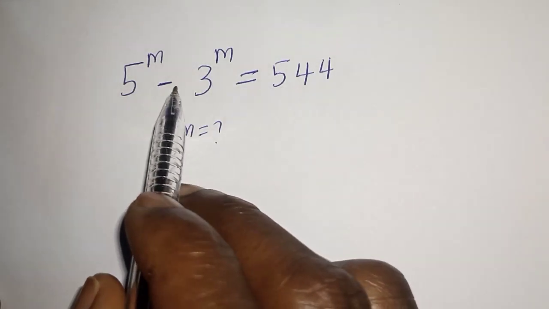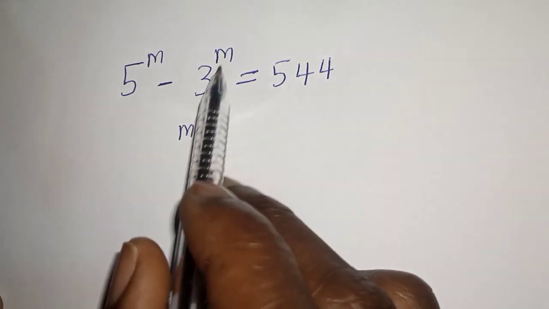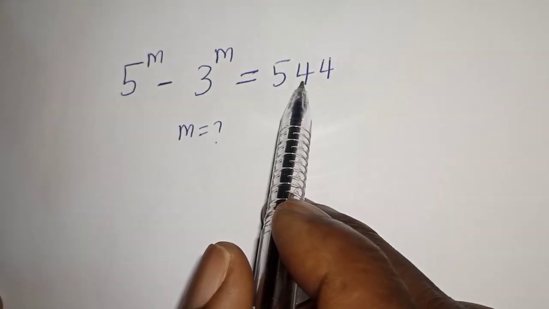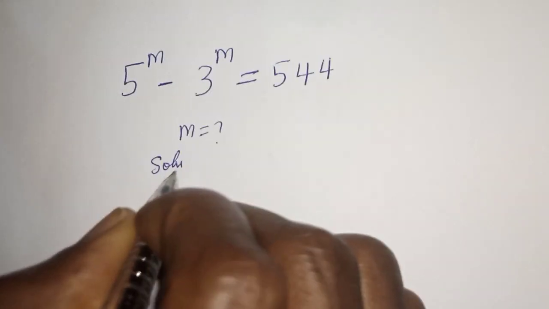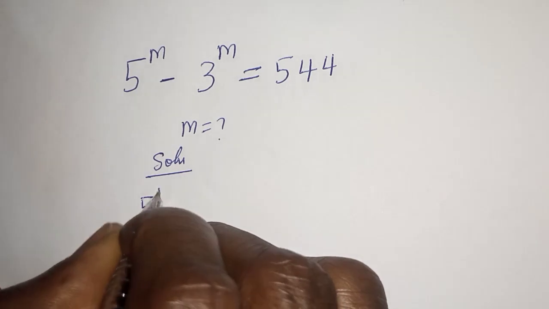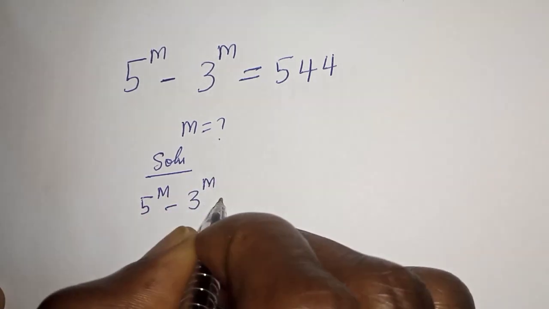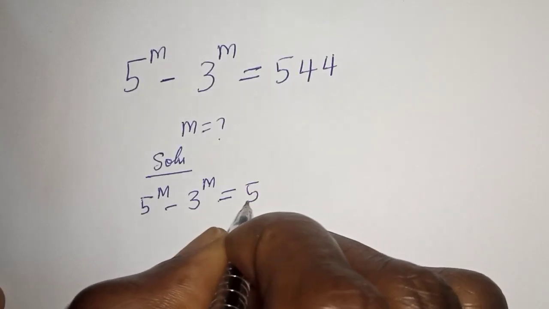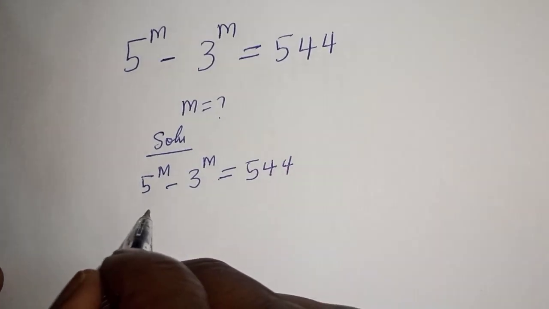Hello, how to solve for m from this nice math Olympiad problem. 5 raised to power m minus 3 raised to power m is equal to 544. Solution. 5 raised to power m minus 3 raised to power m is equal to 544. Then from here, let